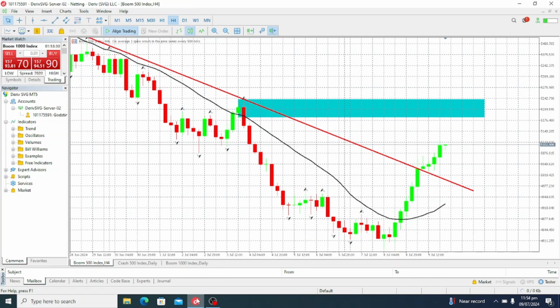If it's a downward movement, you'll be looking for opportunities to sell. If it's an upward movement, we'll be looking for opportunities to start buying. Those are just the two basic rules for this trading strategy. That's why it's very simple to use.